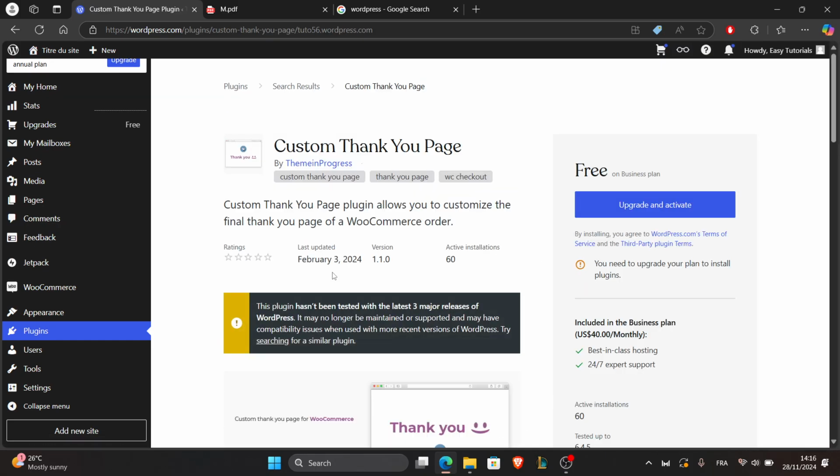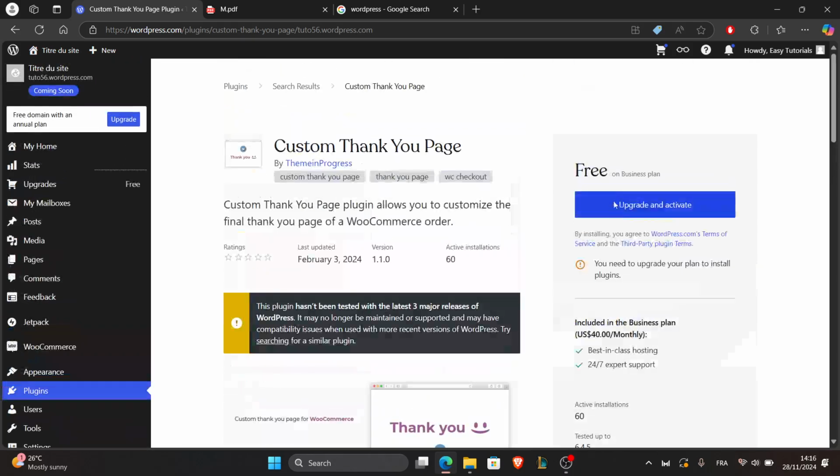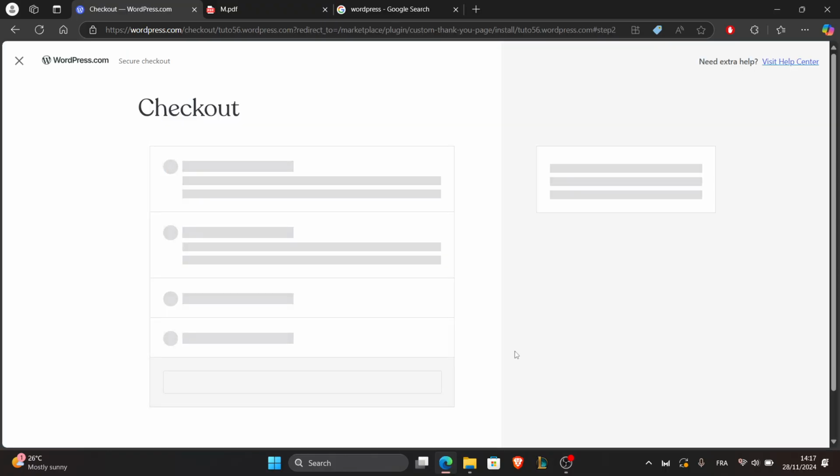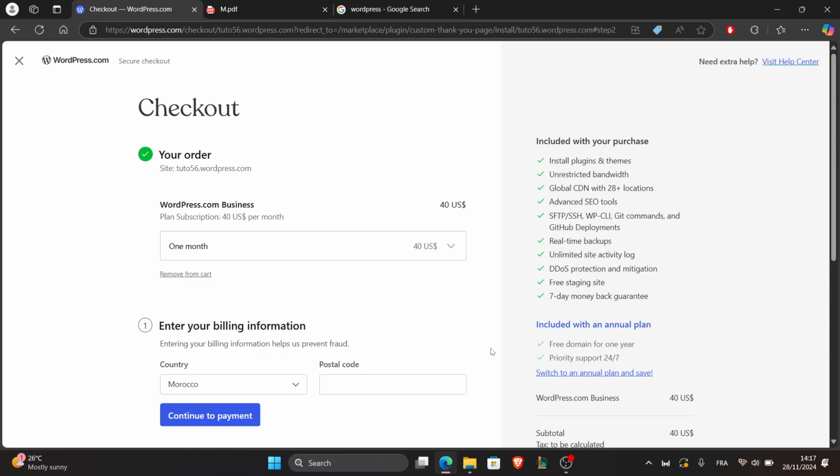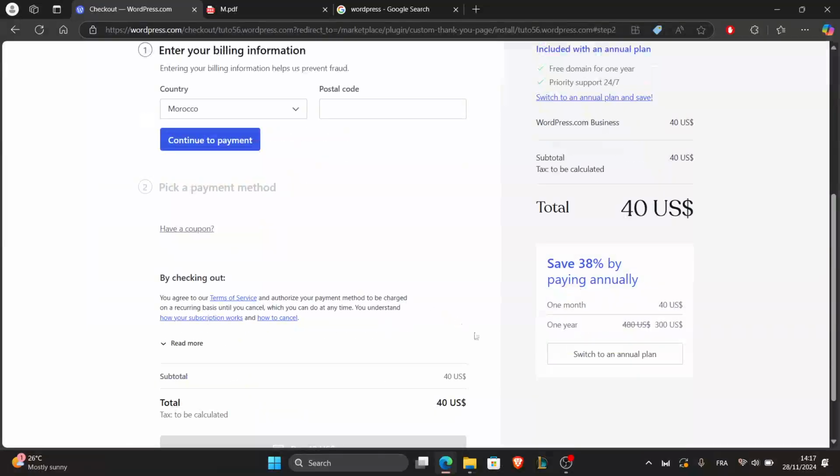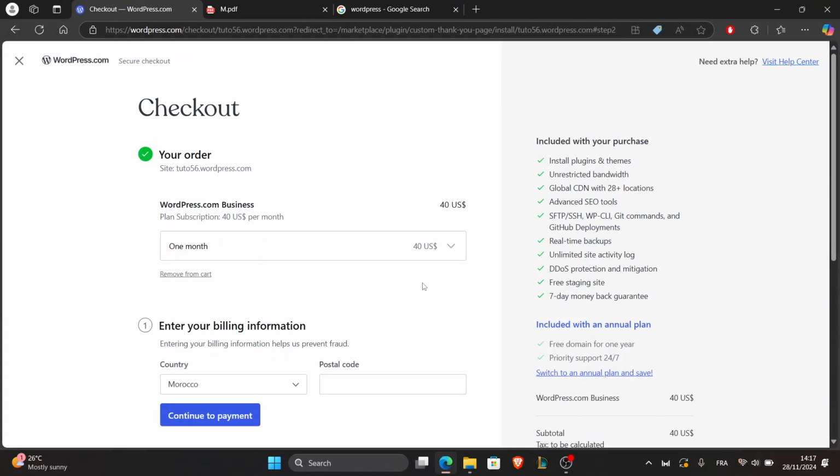Here you can add custom after upgrading and activating the plugin. You can customize the text, images, or even upsell products. Now you may have to pay for this app for WordPress to get these features right here. As you can see, I didn't pay for WordPress, but if you do, you'll be able to install the plugins